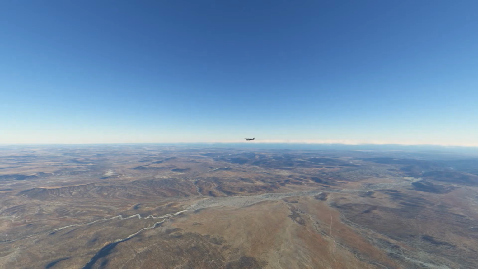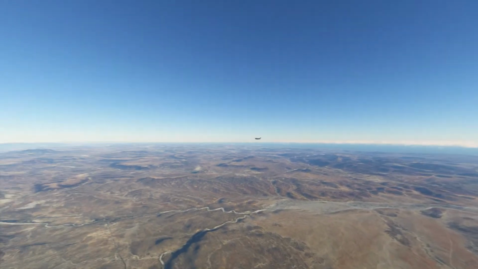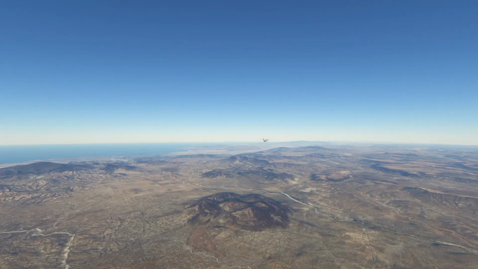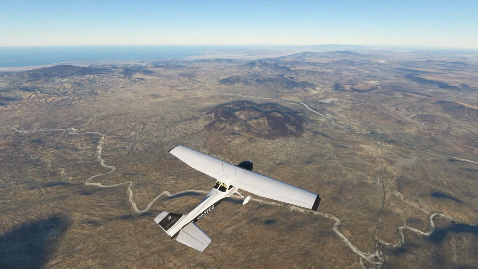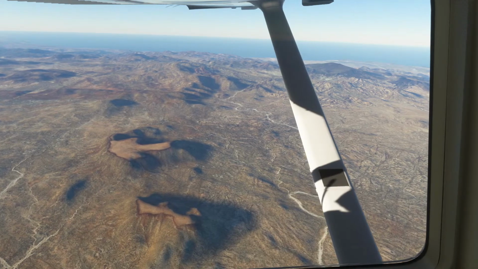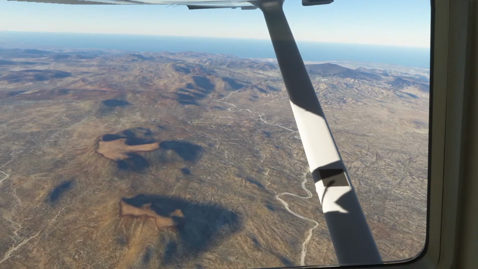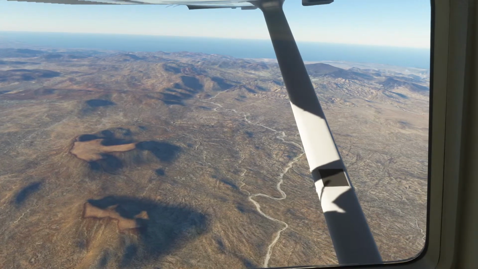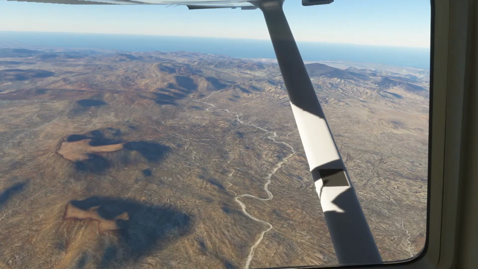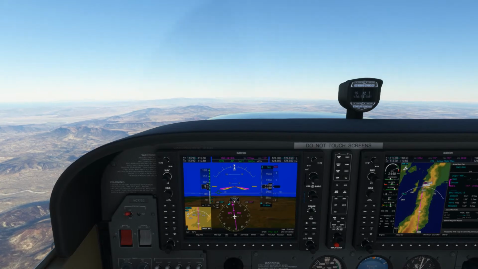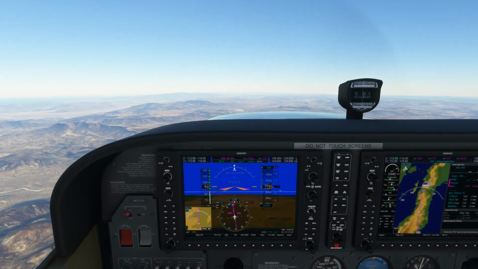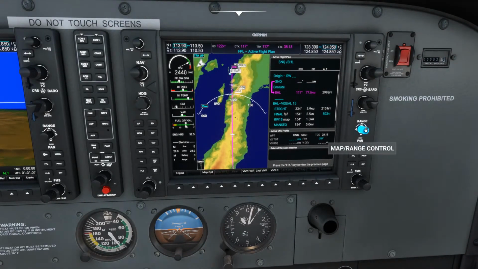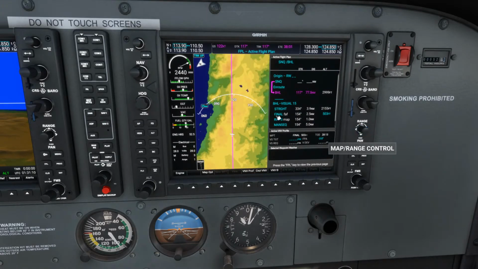So a little bit of cloudiness there over the Pacific. You see a few clouds over there. But where we are, it's completely clear. Getting a little bit closer now to the Gulf of California. You can actually see these lakes on our map here. Those are the two lakes. So we will get a view of those two lakes.